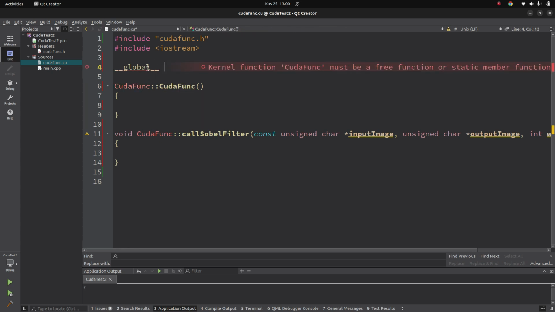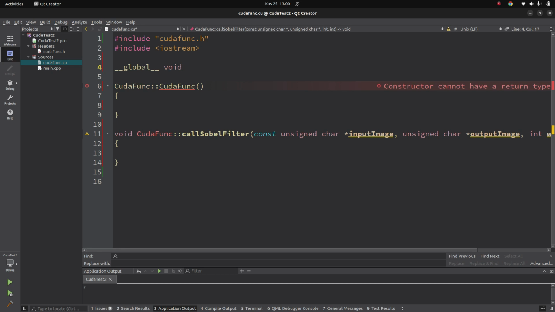All the functions should start with this, otherwise the GPU is not going to run the functionality. So we need to declare another global function here. Main CPP is going to call this one, and this one is going to trigger this global function,